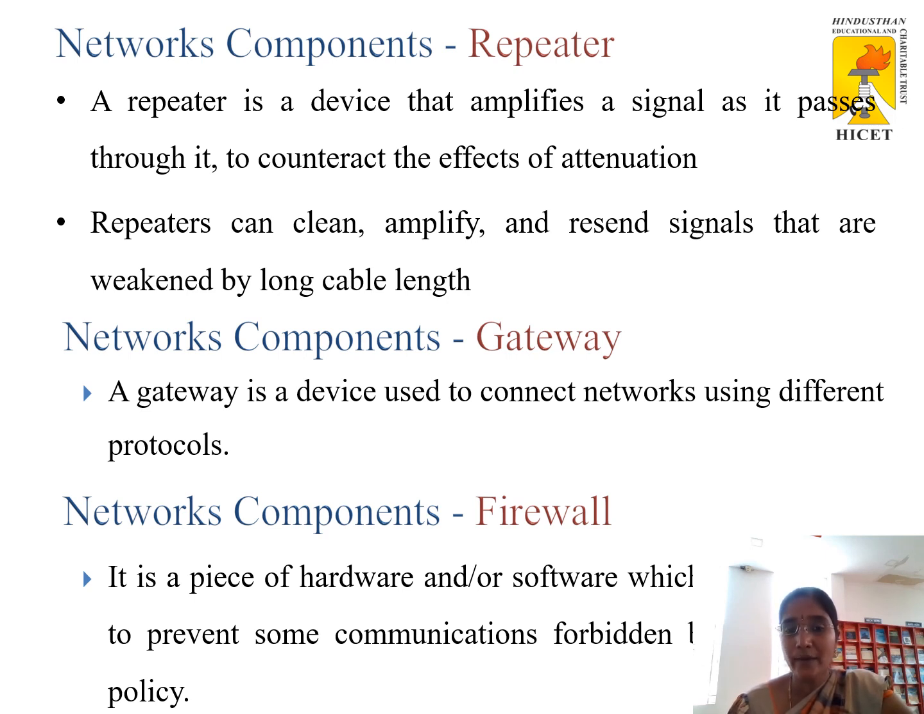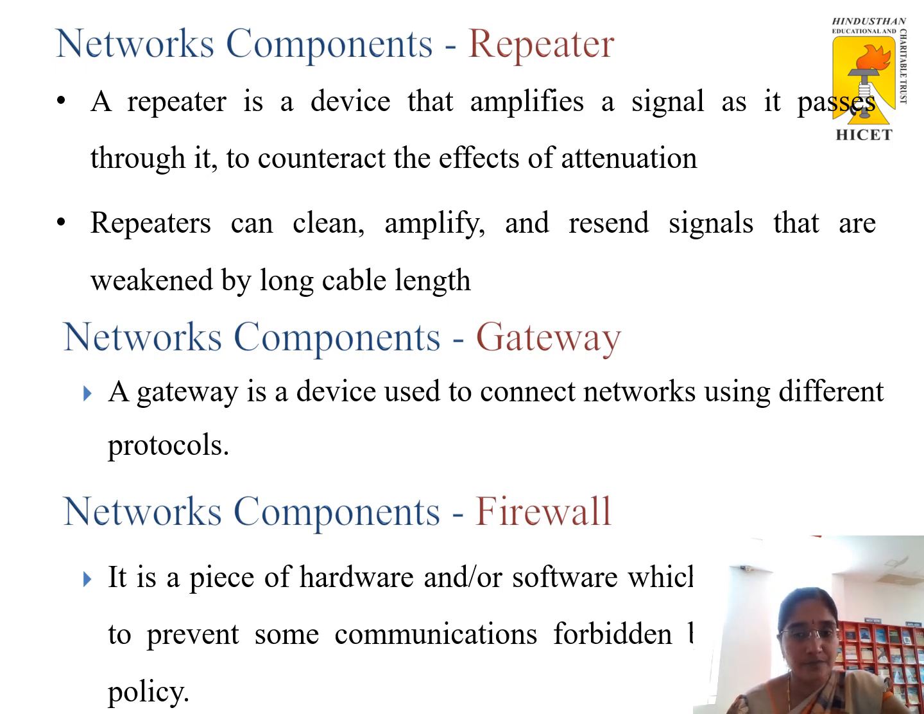So repeaters are kept in between when they want to transmit the data over a wider set of distance, for long distance coverage. Then the next component is the gateway. A gateway is a device which is used to connect networks using different protocols. Whereas a firewall is a device or hardware, or it can be software, which will prevent some unwanted communications that are happening